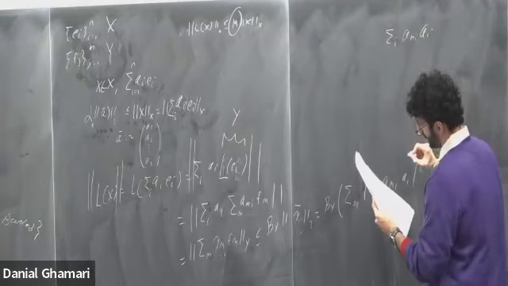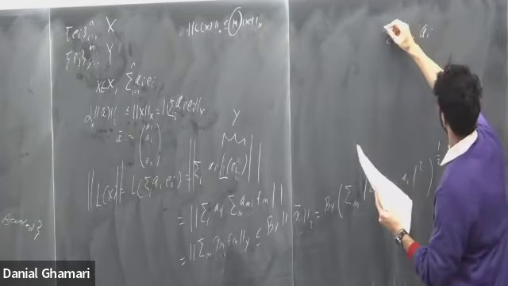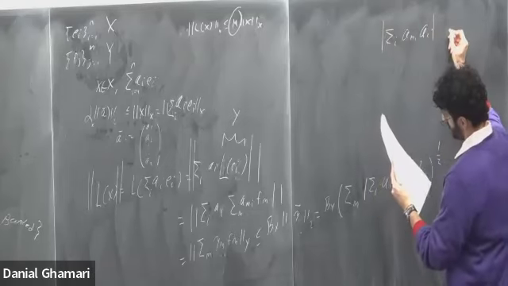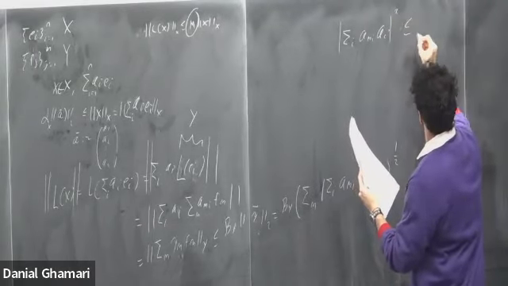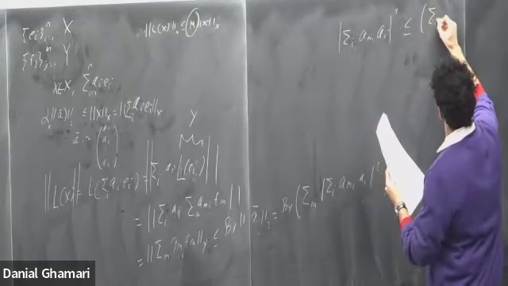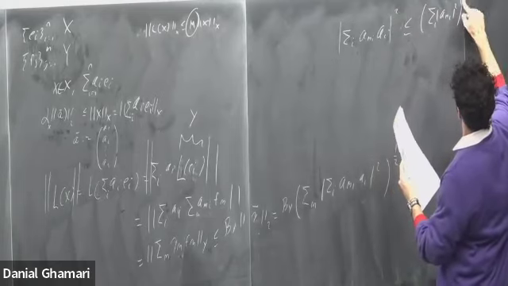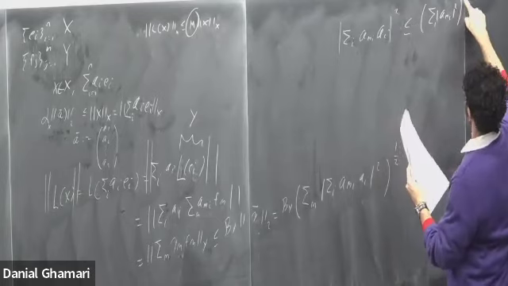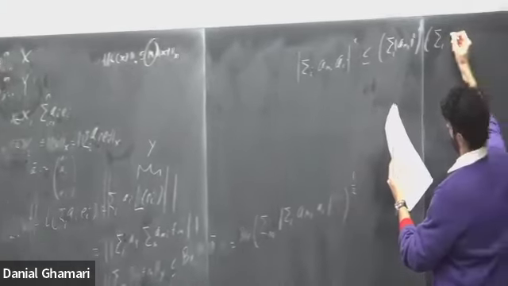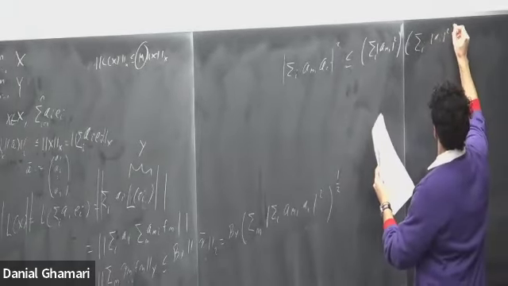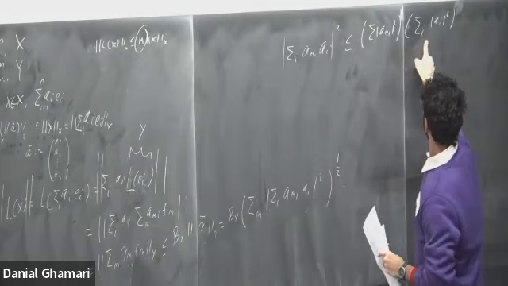What I can use here is the Cauchy-Schwarz inequality, which tells me that this is bounded above by the sum over i of a_{m,i} squared, times the sum over i of the absolute value of a_i squared. There should be a factor of 1/2 in the exponents, but the outer square takes care of that. What I can do is bound this above like this.